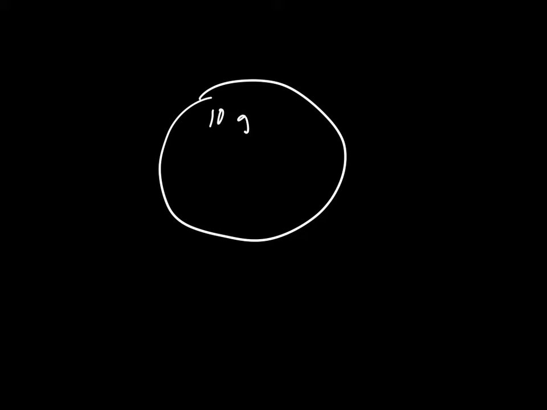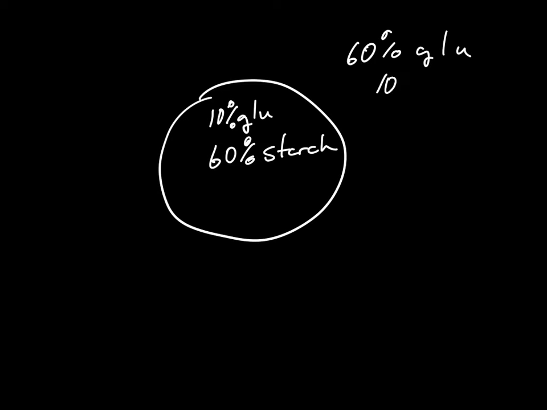So to be clear, when you have a cell where you have something that diffuses, 10% glucose, how do I know glucose diffuses through this membrane? Because the problem told me it did. They have to tell you what does or does not pass through. And 60% starch, okay? So then outside it's 60% glucose and it's 10% starch. Now let's be clear, starch does not pass through the membrane. All right, so if we're going to go ahead and say does not pass,